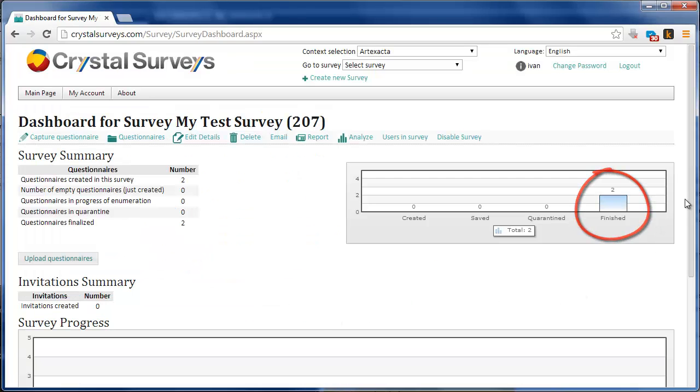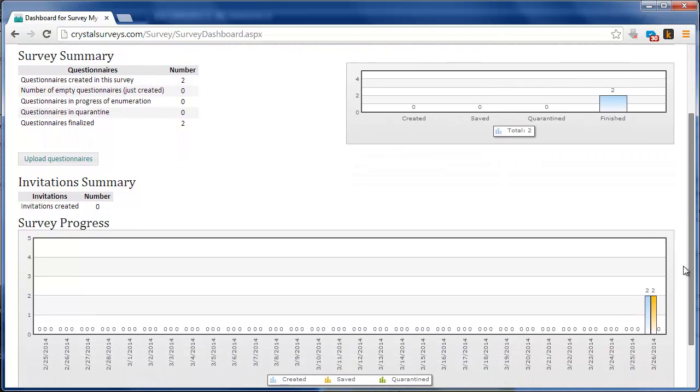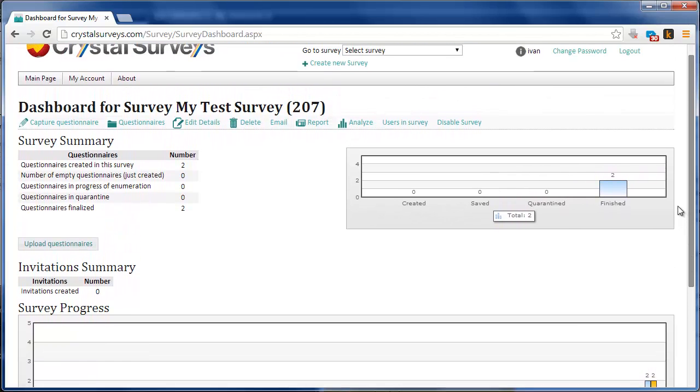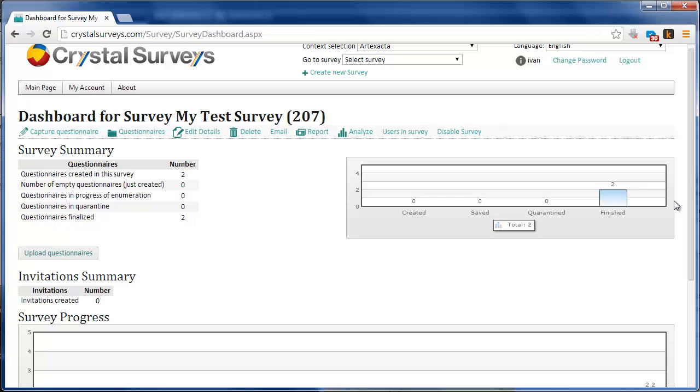And I can see that I have 2 questionnaires filled out from a particular survey. I can continue filling out questionnaires until I'm done transcribing, or I can assign these questionnaires so that other users can enter data into my survey. And I do this by selecting the Users to Survey option that is in the menu bar, and the system